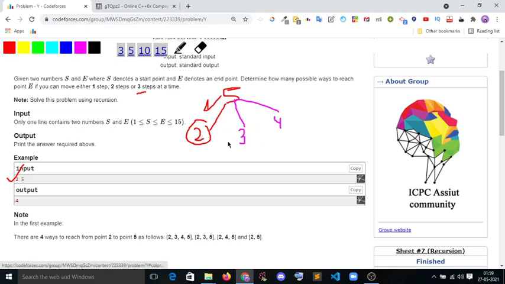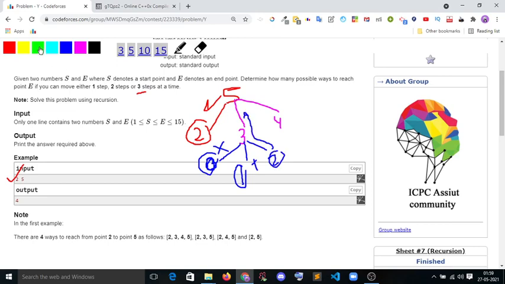Okay, and 3 has options right now. It can go for 3 steps: 3 minus 3 becomes 0, which is definitely less than our start 2, which means it will never reach the path. This is not a path. Again, 3 minus 2 becomes 1, which is also less than start, so it is not a path. 3 minus 1 becomes 2. Okay, I reach start, so this is one path.